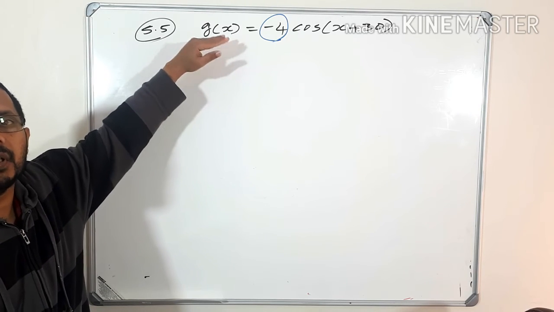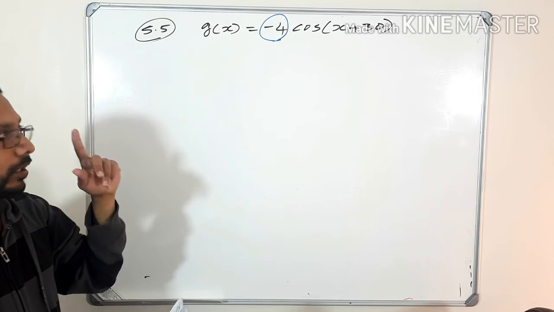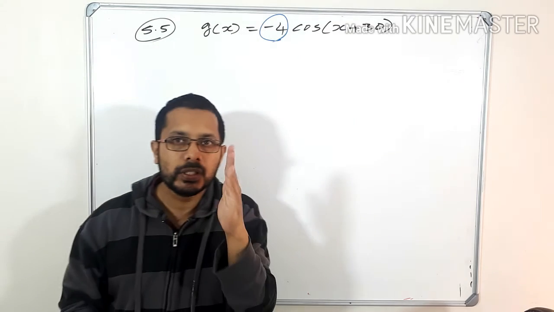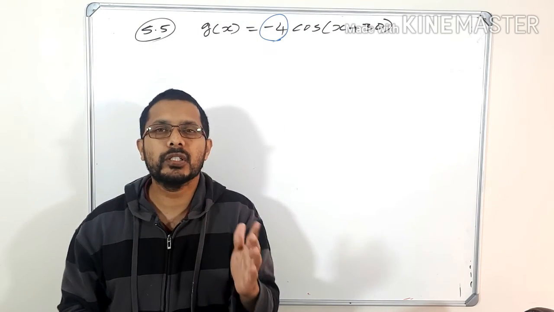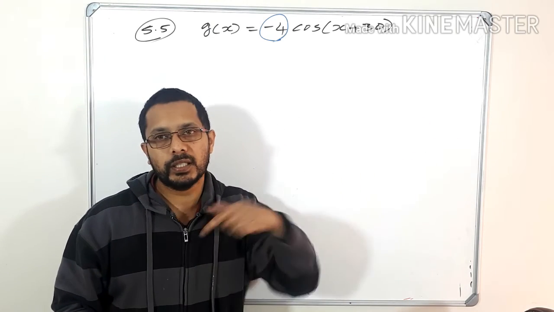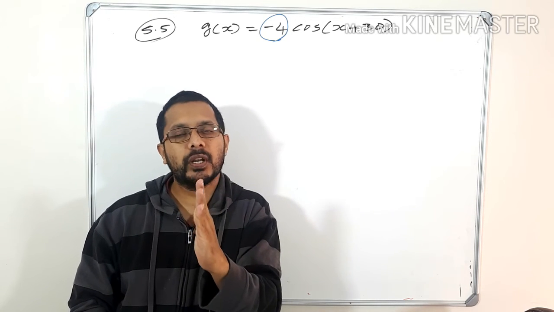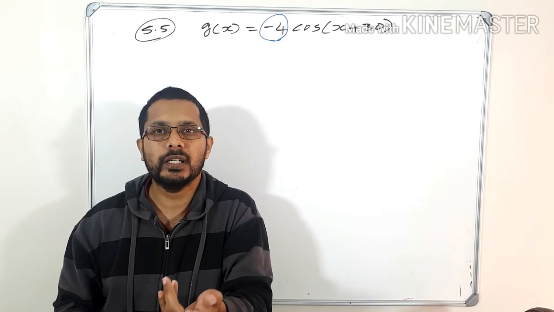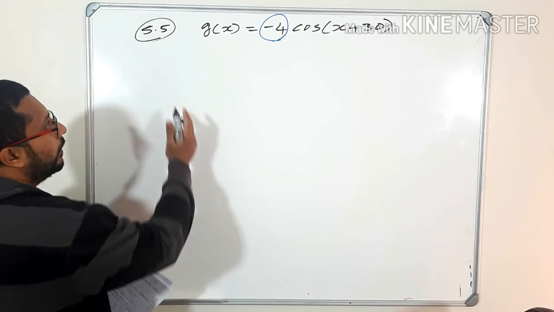If this graph is shifted 60 degrees to the left, you know, in your class you studied, if a graph is shifted to the left it's not minus. That is what normally we are thinking: if it is to the left, it is minus, and if it is to the right, it is plus. But in the case of a graph, it is not like that. If a graph is shifted to the left, you are supposed to add plus how many degrees? Here in this question it is 60 degrees.